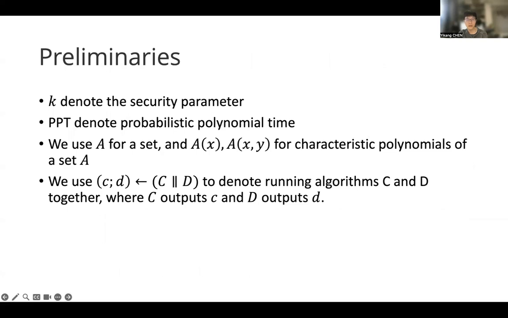We use A for a set, and A(x) for the characteristic polynomial of set A. We also use such a symbol to denote running algorithms C and D together, where C outputs c and D outputs d. So that's the preliminaries.